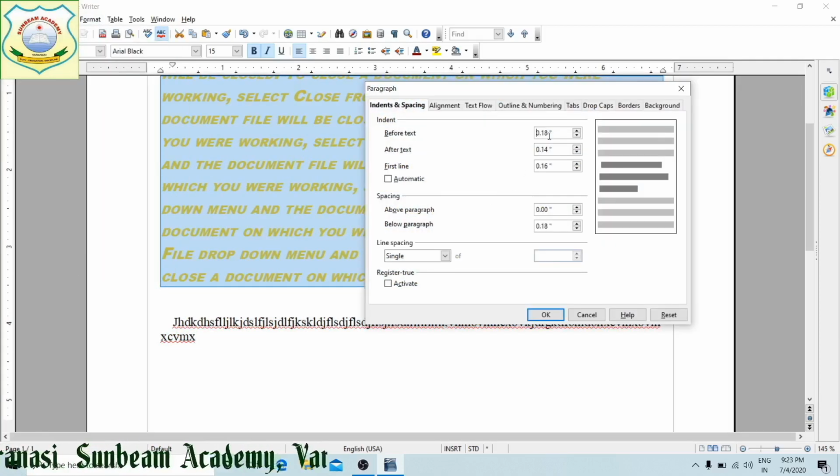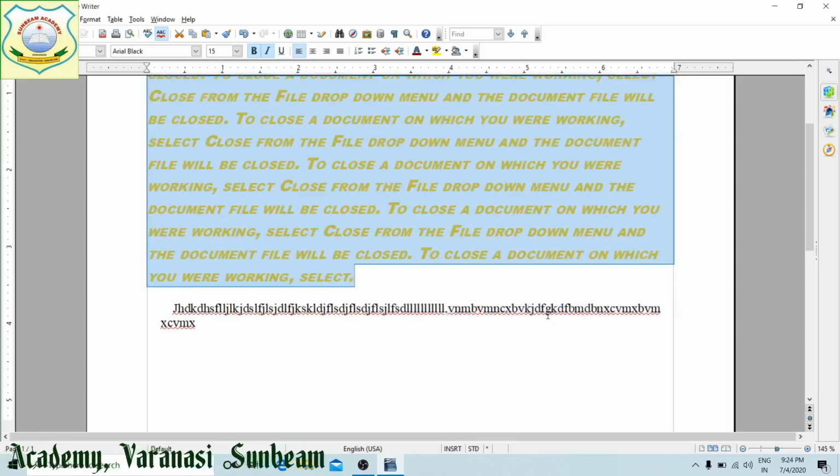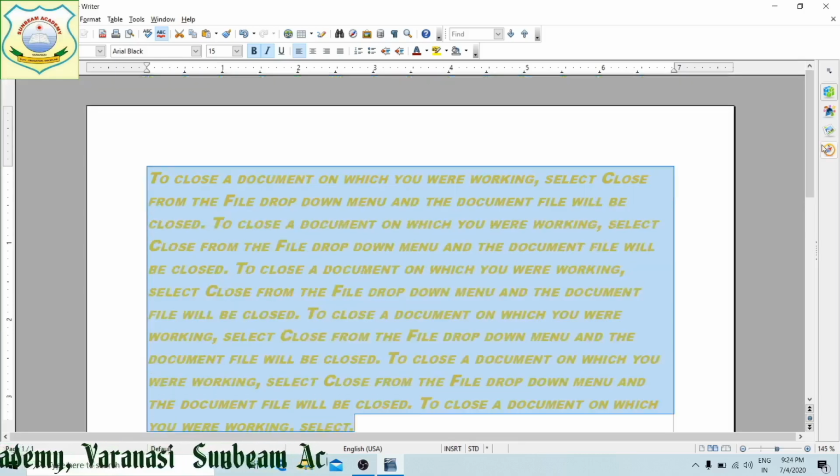I am going to remove all the indents first, so that in general way your text should be. All the indents I am removing. You can see now by default your text is aligned left.